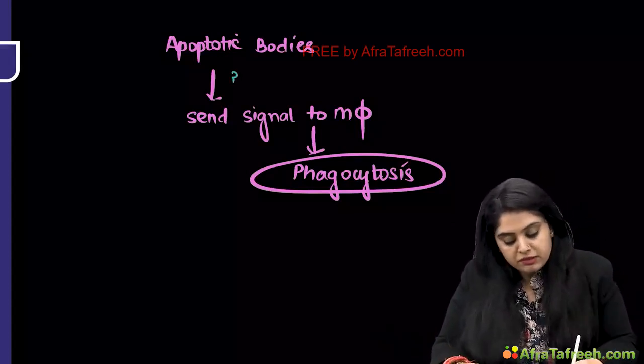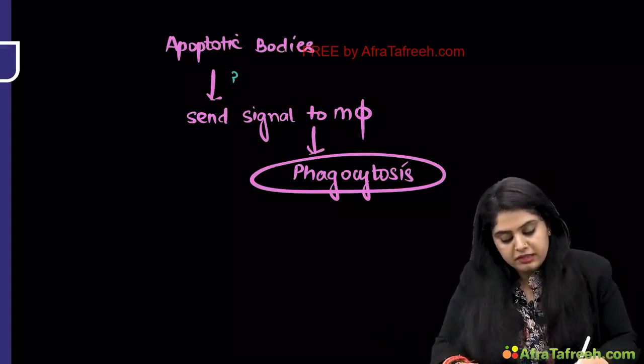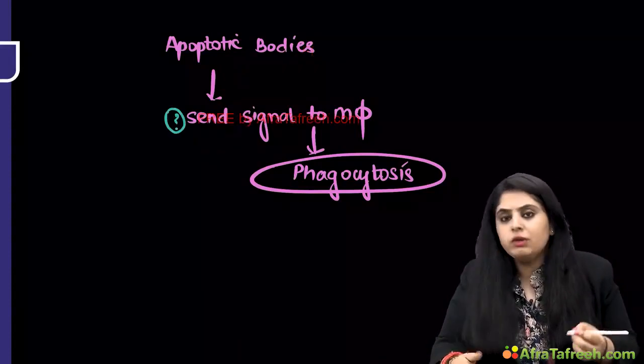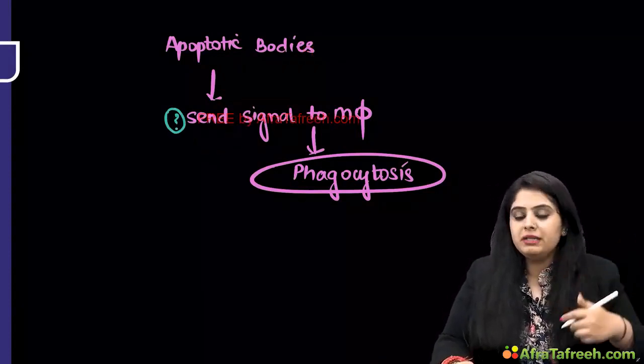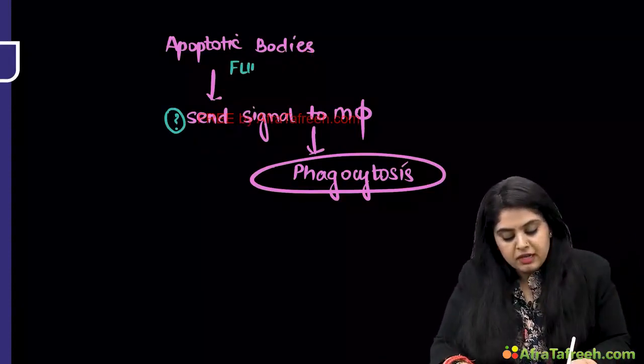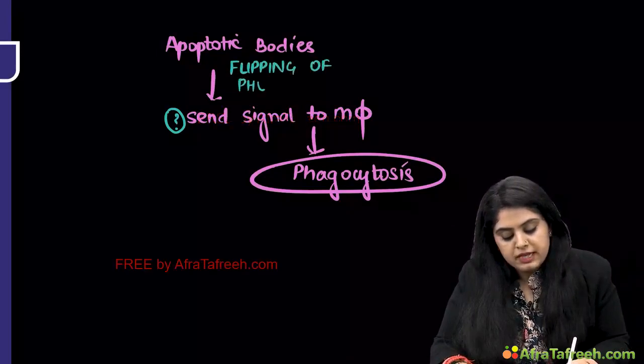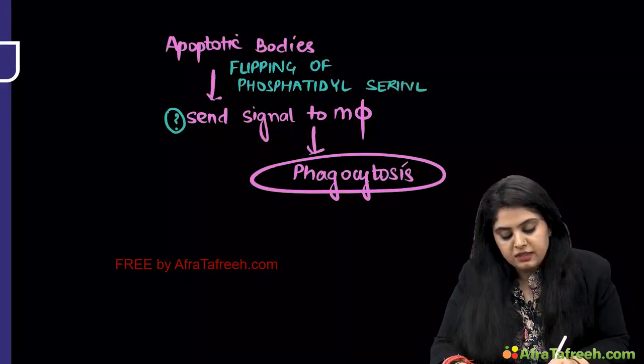How did the apoptosis send a signal? What is this signal that they are talking about? What signal? How did it call the macrophage, that please come and eat me? That is known as a very important step called flipping of phosphatidylserine. Apoptotic bodies are going to do a flipping of phosphatidylserine, as a result of which there is